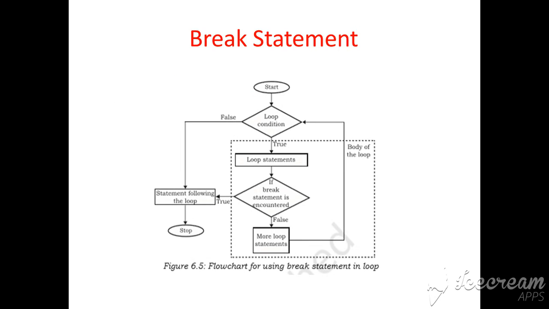So this is the flowchart of the break statement. We already explained that first the condition, then inside the loop. The dashed line: everything in that dashed rectangle is the for loop statement. Inside that for loop, if the break statement is encountered, it is true, then it automatically moves to the exit of the loop. Otherwise, if there is no break statement, it exits the loop statement and goes back to the loop condition again. So if inside the loop any break is found, it automatically exits the loop.